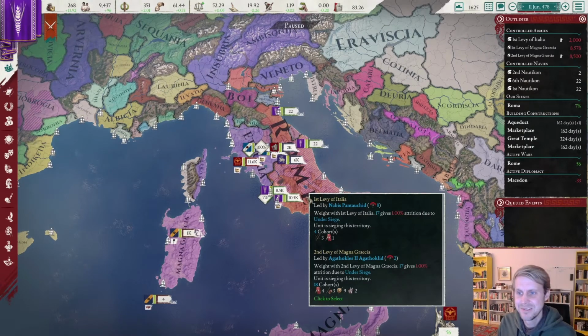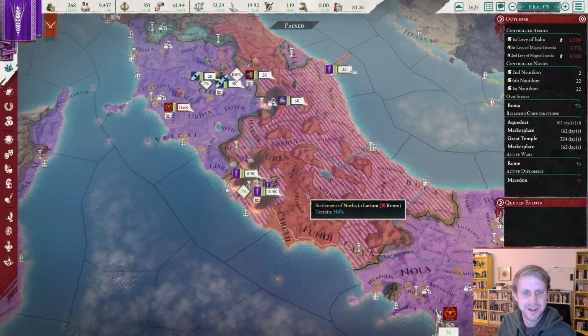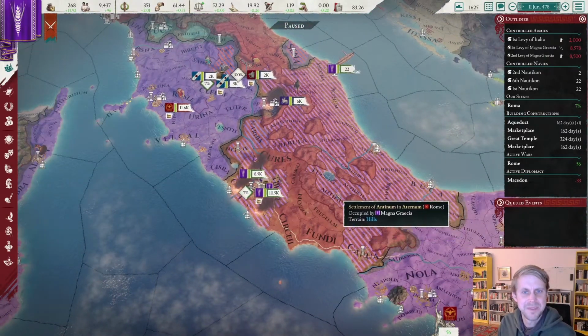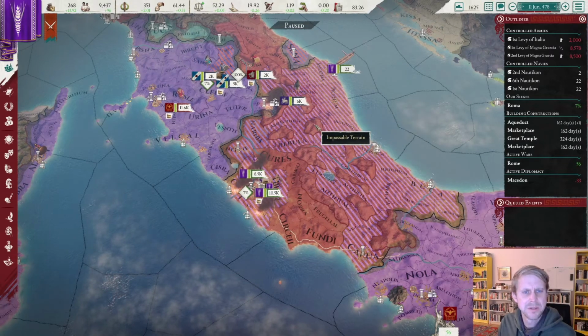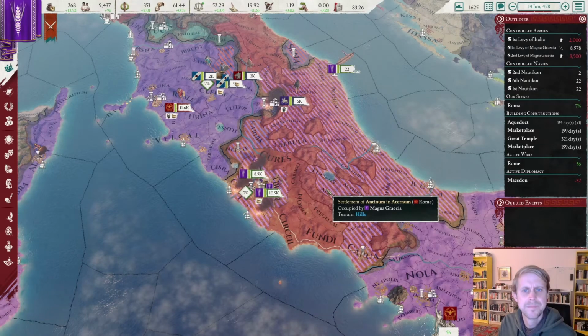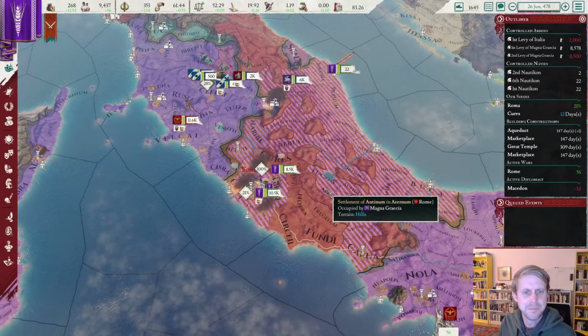Let's get rolling then here. We should see a nice uptick in our siege progress there. Let's move those guys on up there. Do I have anybody else bumming around anywhere? Nope, doesn't look like it. Okay, just making sure. Romans are kind of consolidating a bit there, but...